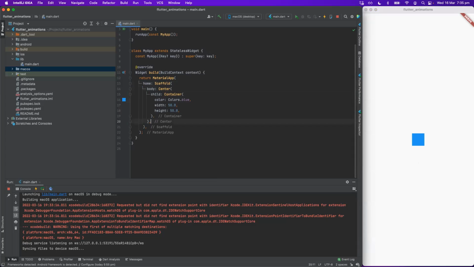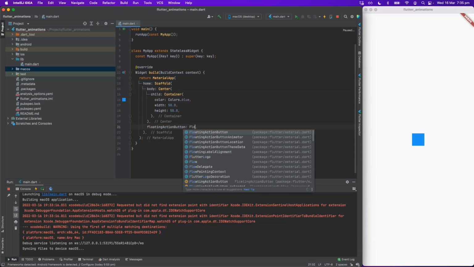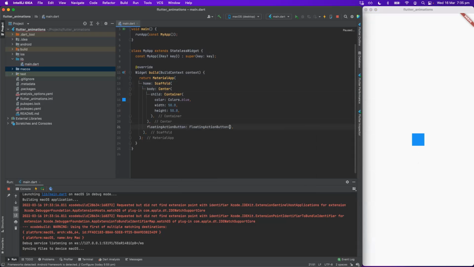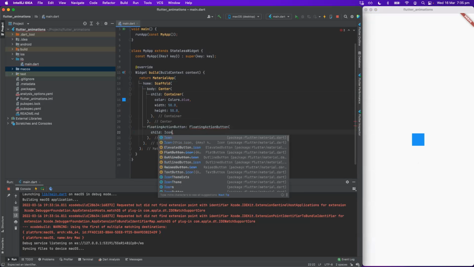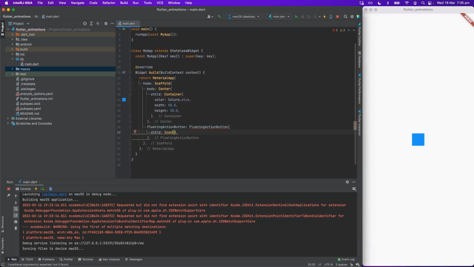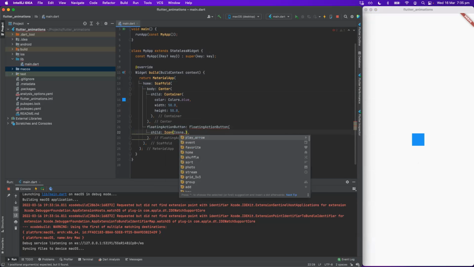To do this, firstly, we're going to add a floating action button. I'm using this property of the scaffold, floating action button, and I'm creating this new FloatingActionButton widget. This widget has two parameters. Child, which is basically how this button should look, and I'm going to use just one of the icons.